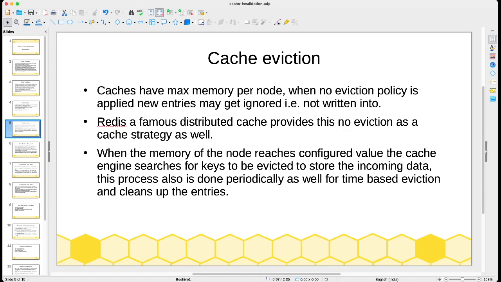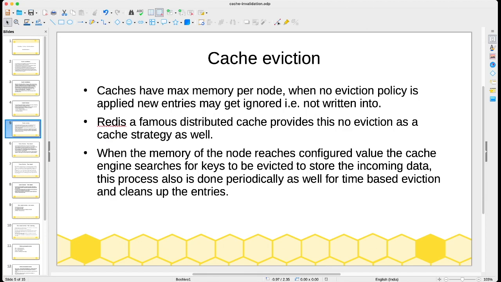Redis, I may touch base on Redis during these tutorials, but it is a similar case for Hazelcast we can think of. Redis, a famous distributed cache, provides no eviction as a strategy itself. It means that Redis will not put any effort to evict any of the old cache entries. As and when it reaches, it is up to us to plan how cache has to be utilized. And if it reaches the threshold or the maximum size of the RAM that we want to utilize, the new entries which are coming in will get ignored